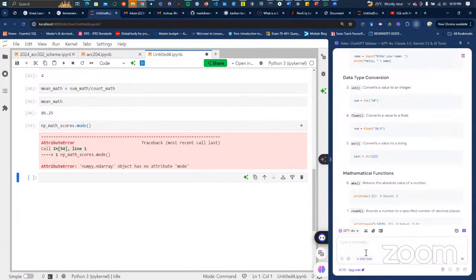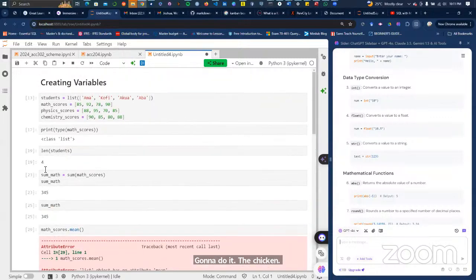Yeah, so you can use ChatGPT to confirm whether NumPy arrays have methods like mode or mean, and if they don't have, how you can go around to do that calculation. I will not get time to check this. This is your assignment to check it out. We can check it just right here. Go and do the checking.